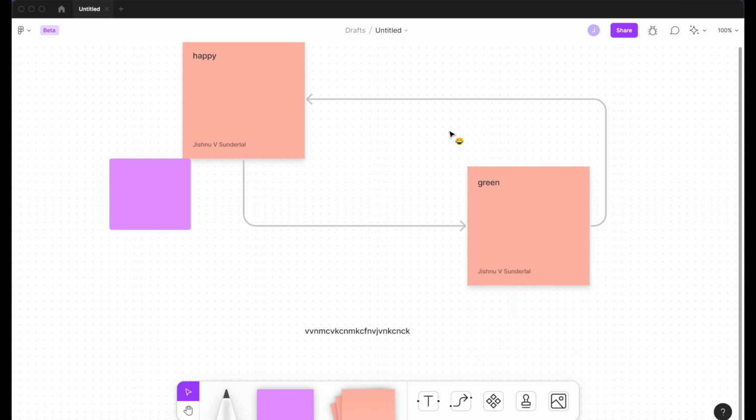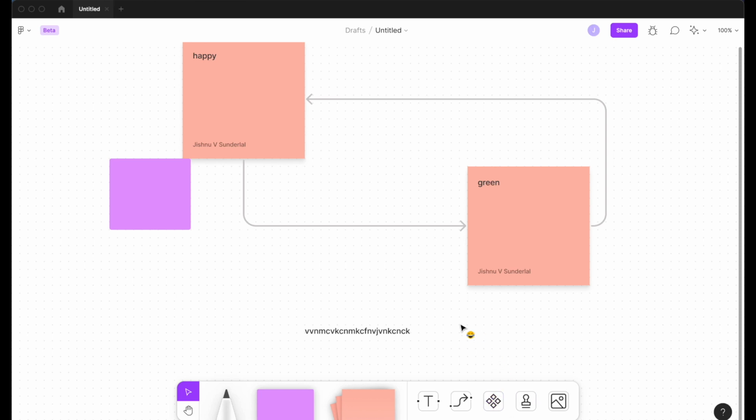You can add a number of people to this according to the subscription. Now there isn't any subscription because it is in developing stage, the Figma Jam beta version.